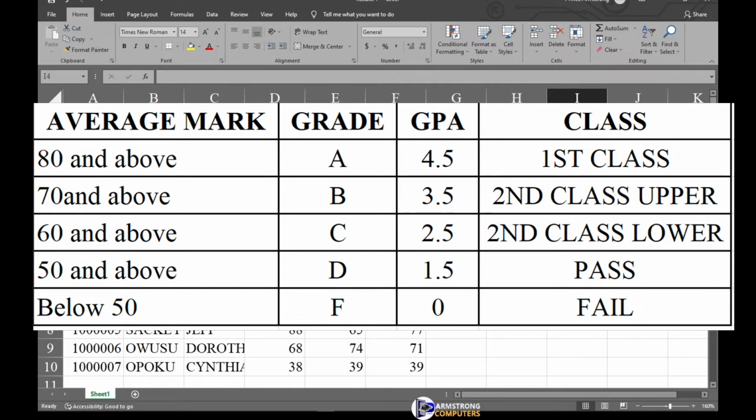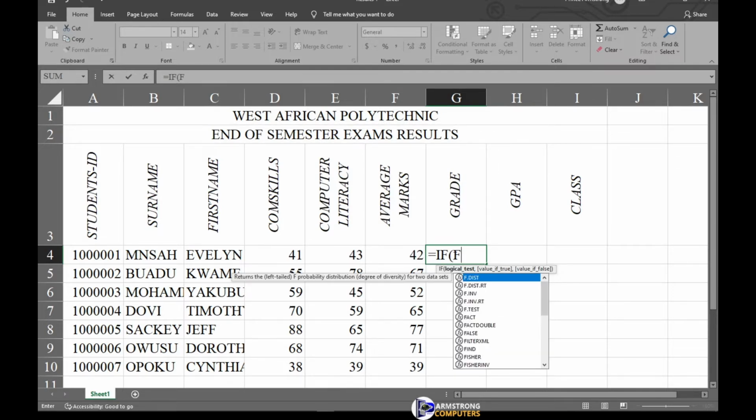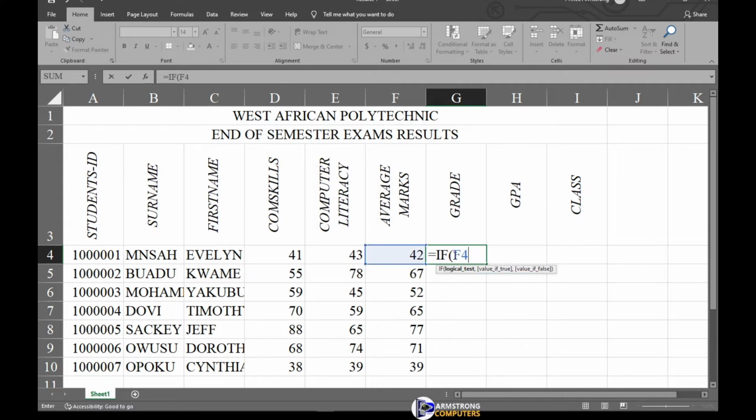So let's come back to our workbook. So this is our workbook now. To find the grade interpretation, you are going to use a formula known as if. So it's going to be if, open bracket, F4 is greater than or equal to 80, let it read A. If not, if again